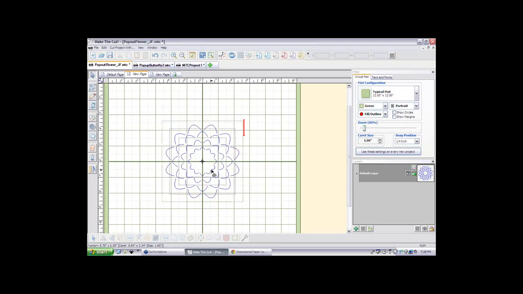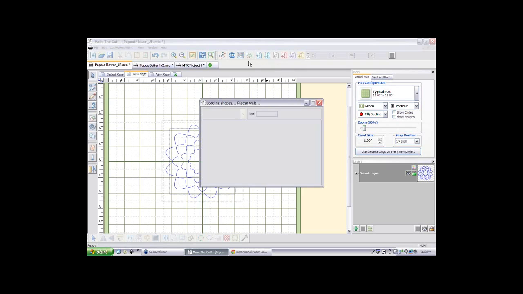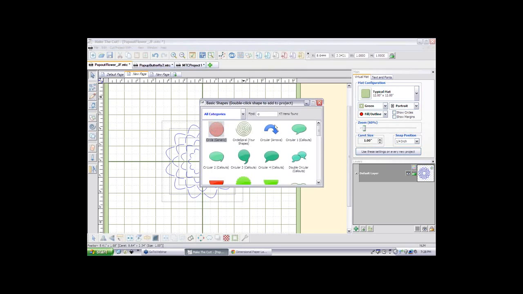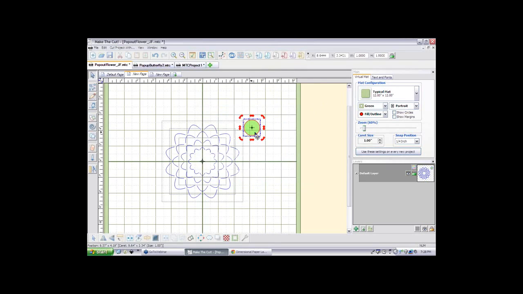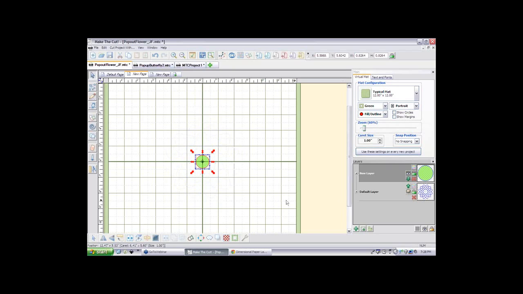Now these are getting kind of small in the center, so what I did on those is I grabbed another circle, kind of sizing it the way I want. It's a little bit big. I'm going to take the snapping off and take it down just a little bit and send it to its own layer, hide the flower,